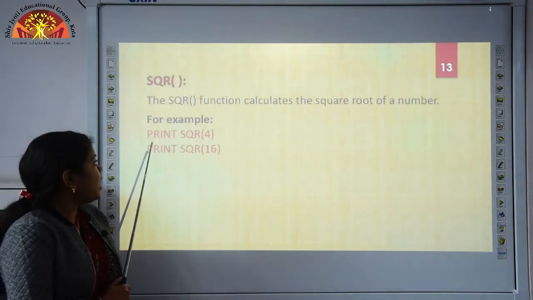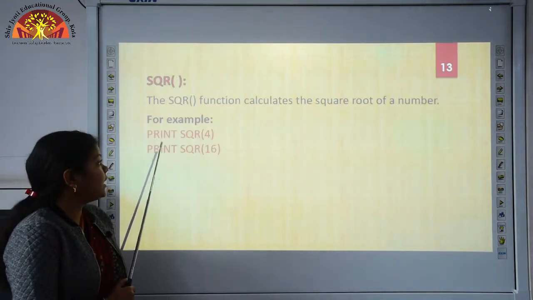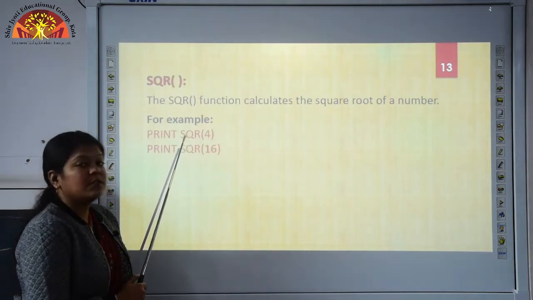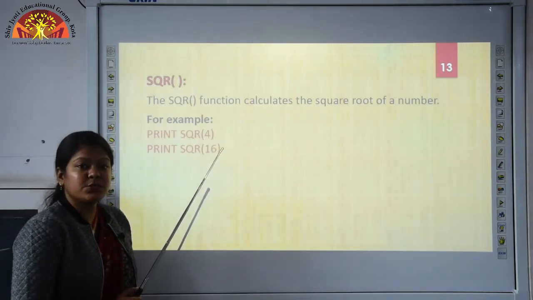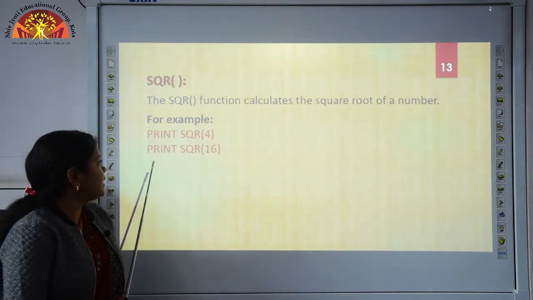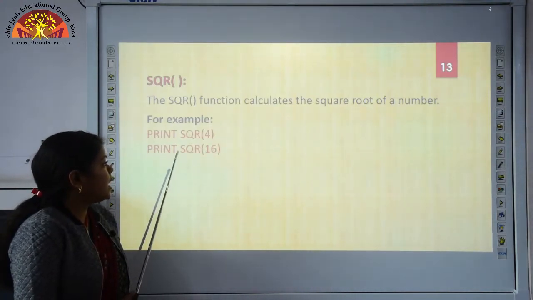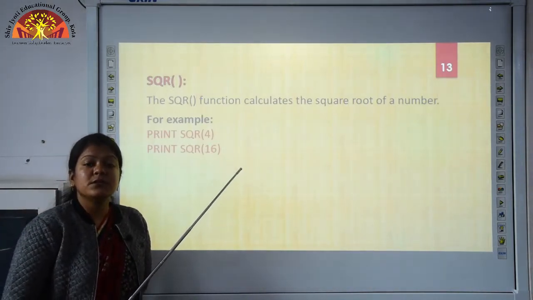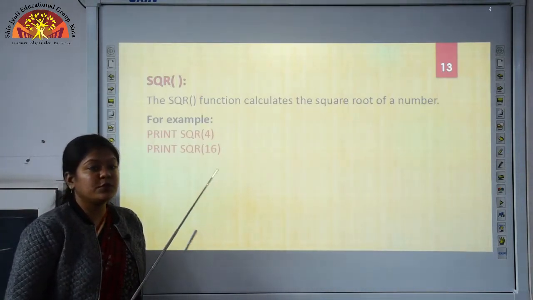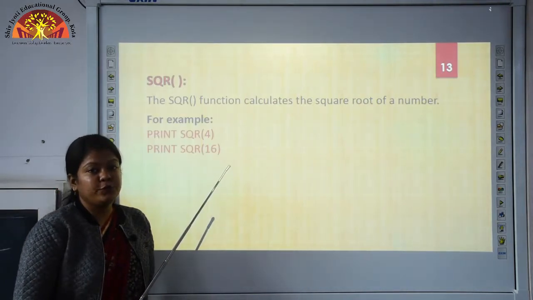In the example, I have written the first statement, PRINT SQR, or you can say square root of 4. This will return 2, because 4 is the square of number 2. Now in the next statement I have written PRINT SQR of 16, and students, we know 16 is the square of number 4. So this statement will give output 4.